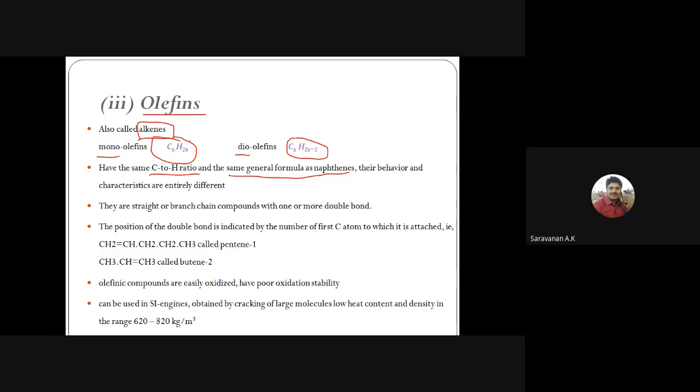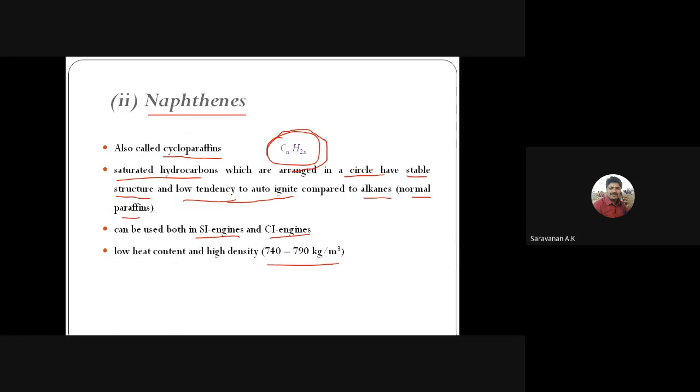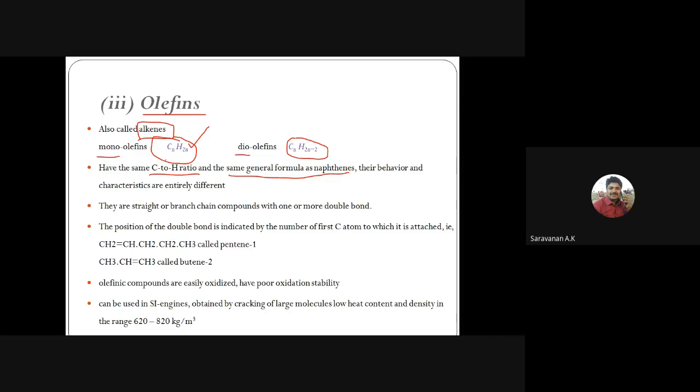So why are we using this formula in earlier forms? See here, naphthenes also use CnH2n, and the mono-olefins also use CnH2n. So the general formula is used for both the naphthenes and the mono-olefins, but the behavior is entirely different, depending upon the carbon content and arrangement. It is also a straight or branched chain compound with one or more